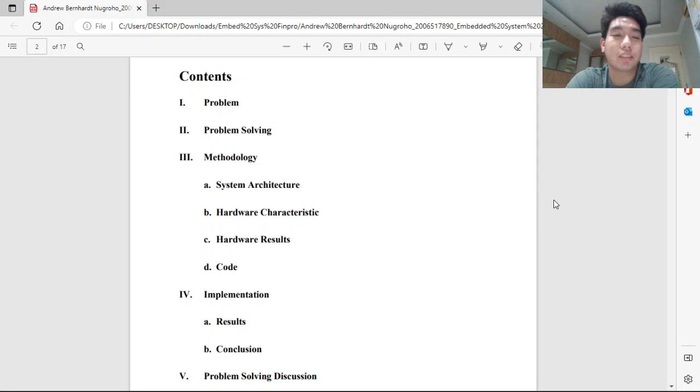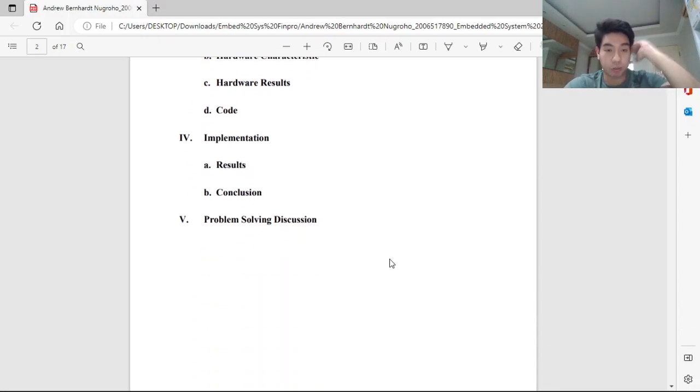Firstly, system architecture, followed by the hardware characteristic. Next up is the hardware results, and last but not least, the code and the implementation, as to the results of the program and the conclusion, as well as the problem solving discussion in which I have faced during the